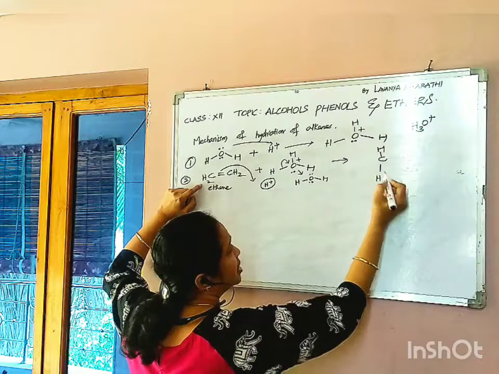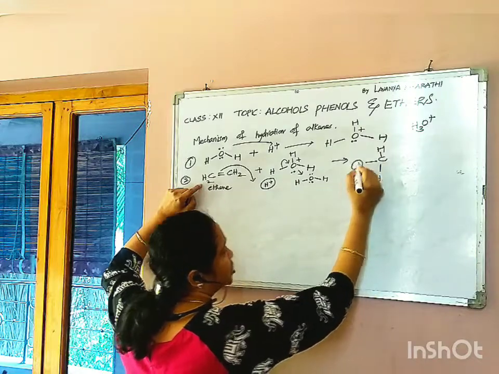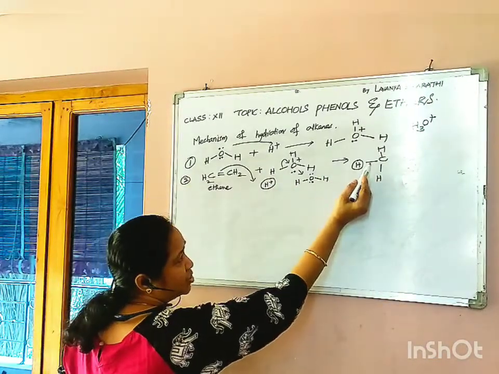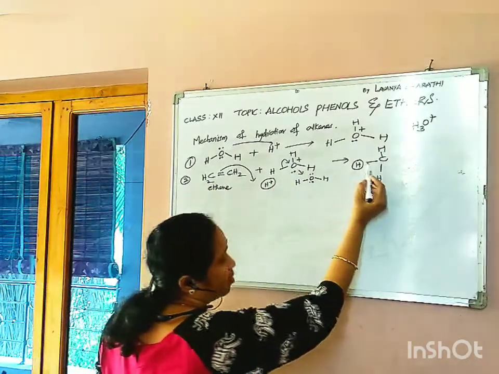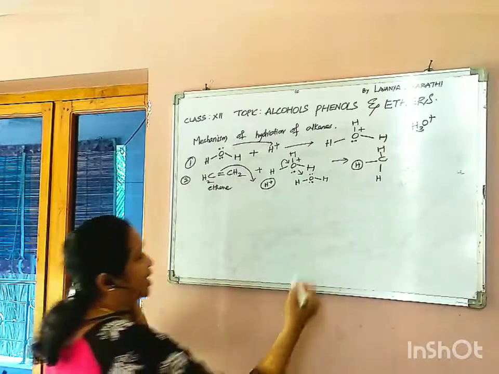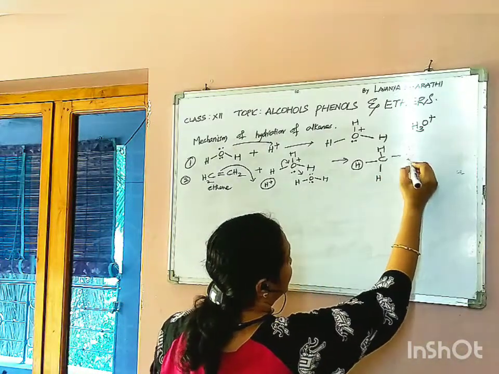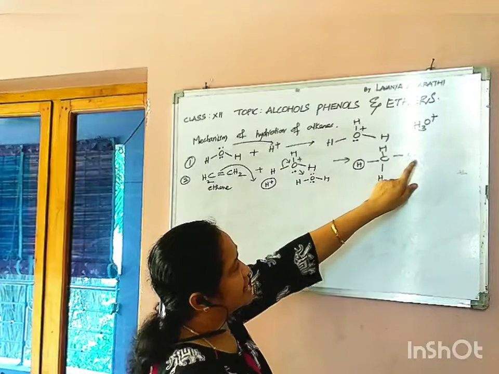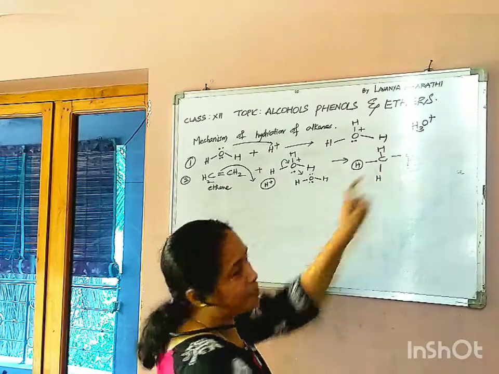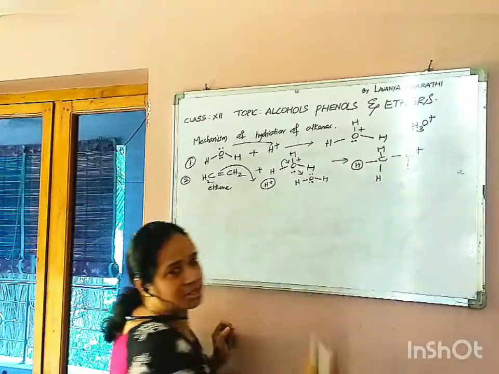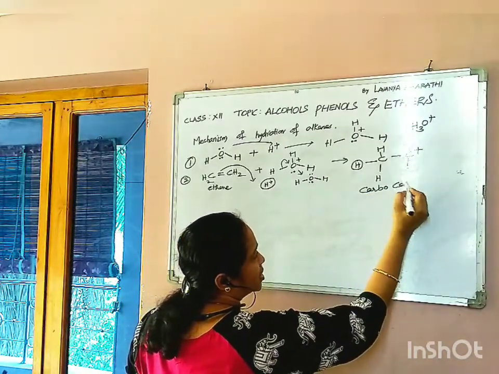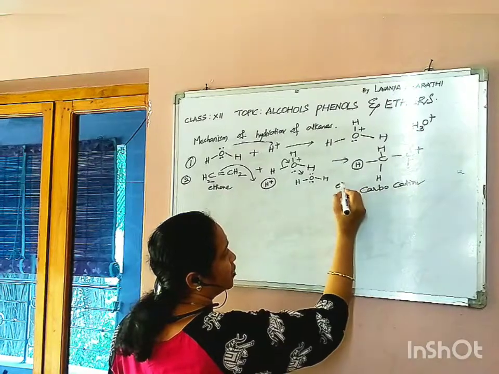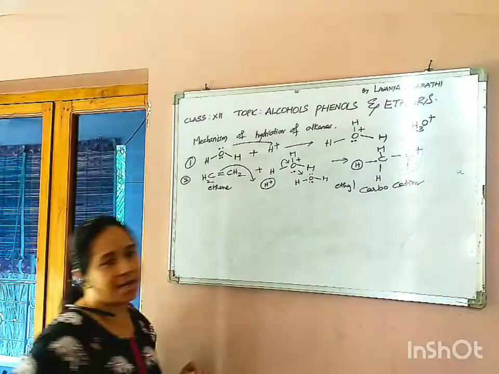Here you can see the circled hydrogen is the H plus, which is using the pi bond, and it is forming a bond with the carbon. It results in this. But in this case, this carbon is left with 3 bonds resulting in a positive charge. And this is called a carbocation. What is this? This is a carbocation. Of course, we call this an ethyl carbocation.